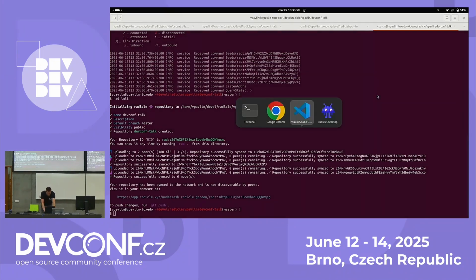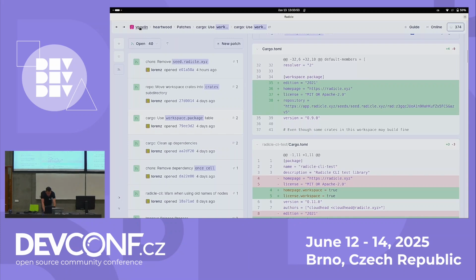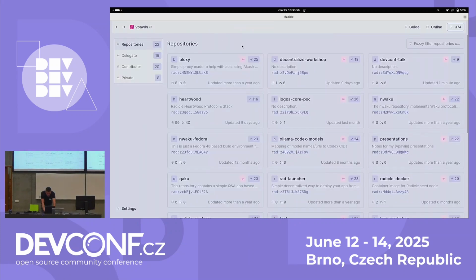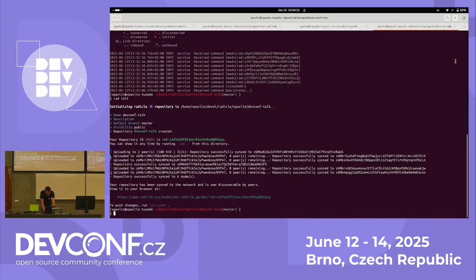So if I go to the Radicle desktop, I should be able to see the repo now, which should be DevConf talk. So it's here, and you can see this flower here, if you can see the flower. And it says it's hosted by 9 other nodes. So now my repo is securely stored in the network on 9 other computers. If you're running a seeding node, which is the nodes that are actually storing the repositories for access, you can decide whether you want to store everything that goes into the network, which is probably not a great idea, or list repositories that you are interested in hosting.